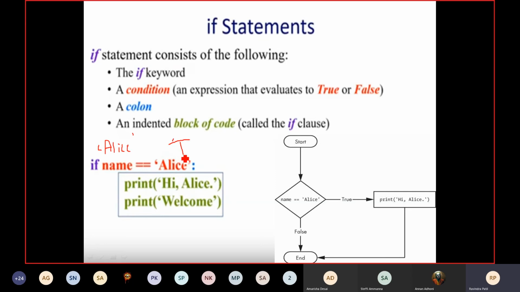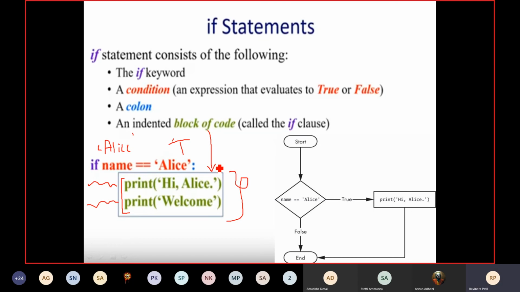So when this condition evaluates to true, these two blocks of statements we are going to execute. And when we look at these two statements, the alignment, how much space we have given for these two statements, will be the same. For this concept we call it indentation, and this block we call an indented block of code.